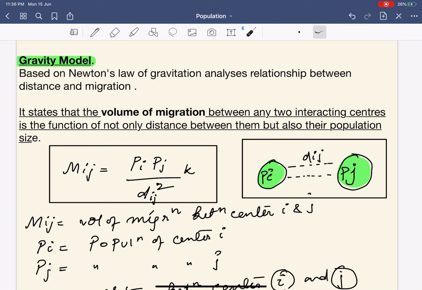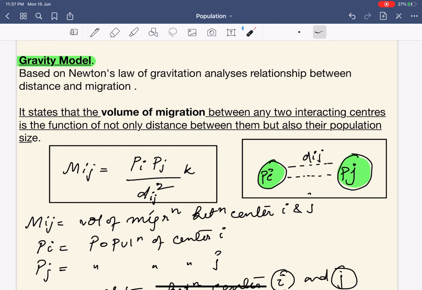We can also have a 20 marker question in this context. If it's a 60 marker question on migration theory, I would suggest you please start with Ravenstein, go for Everett Lee, go for Zelinsky, and last but not the least, the gravity model. It's very, very important. And when you're writing the gravity model, please mention Stouffer's contribution in making the gravity model more relevant in this very context.